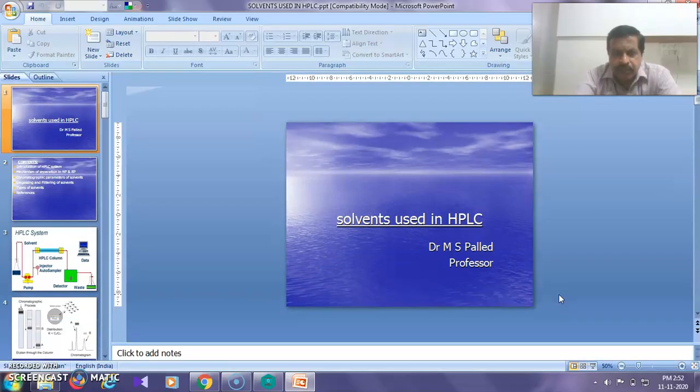So these are the conditions you need to maintain, and then you have to select a proper solvent for the proper separations. So in the normal phase, or when you are using the normal and the reverse